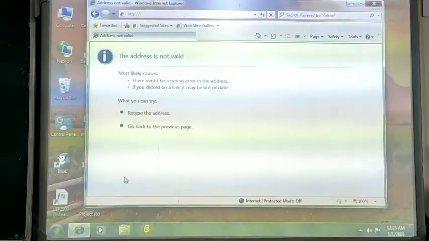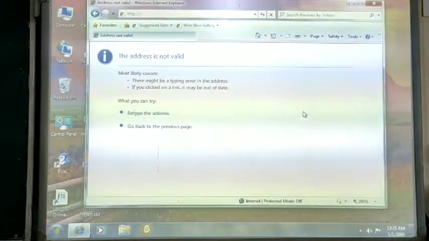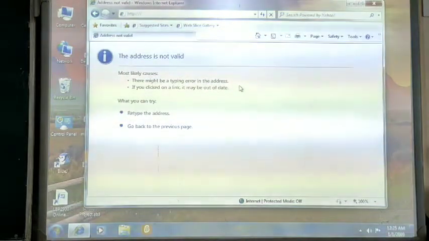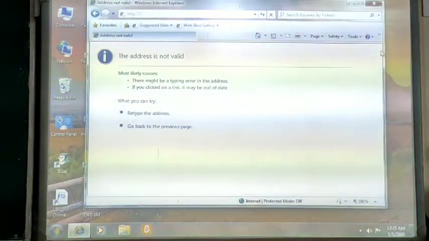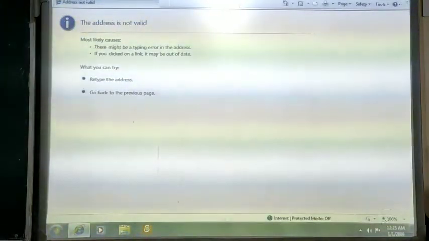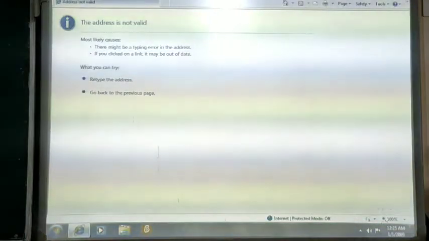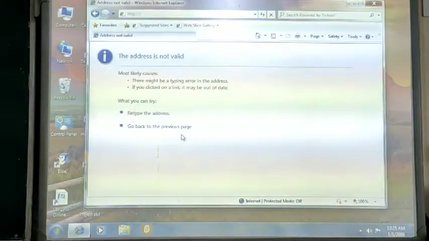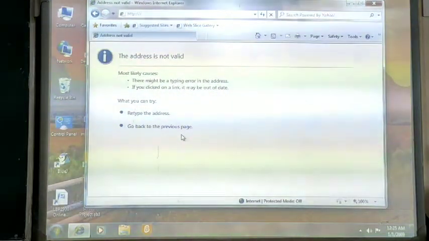Clear? And lastly, there are scroll bars available on your system. The scroll bars are there to scroll the web page horizontally and vertically. There are two scroll bars.